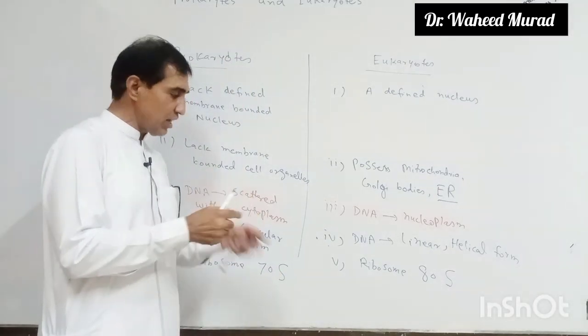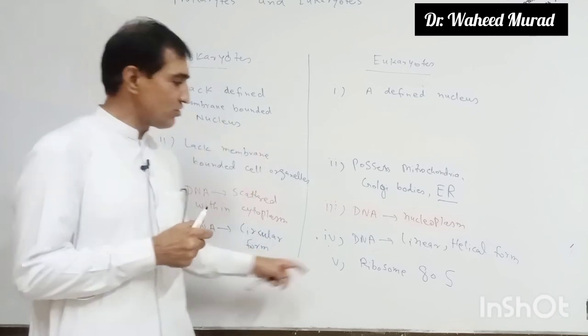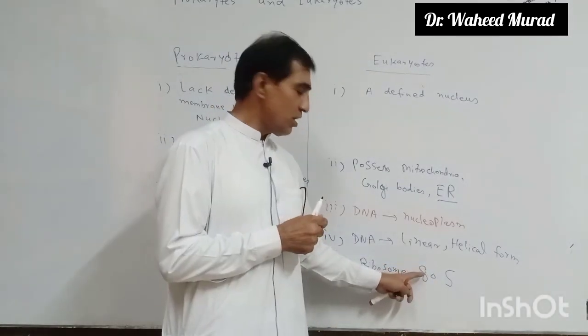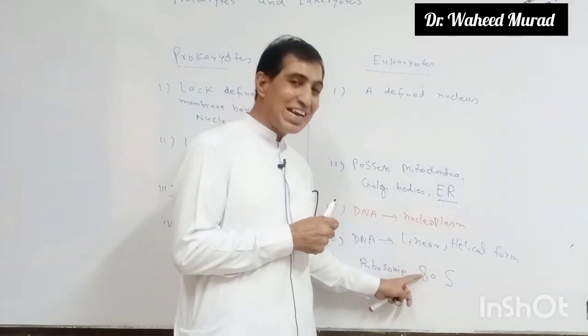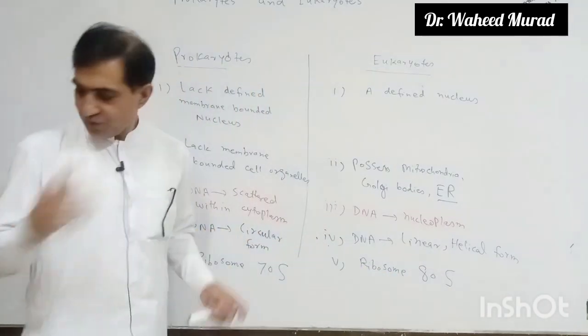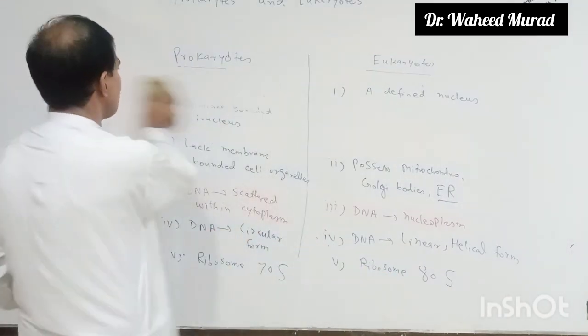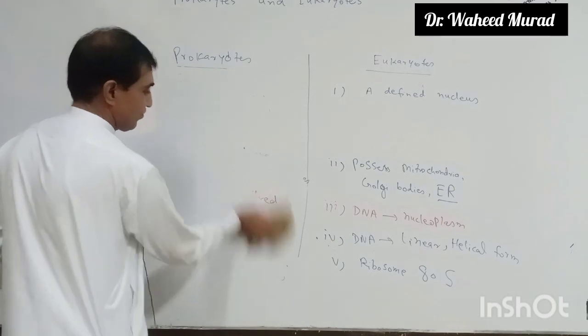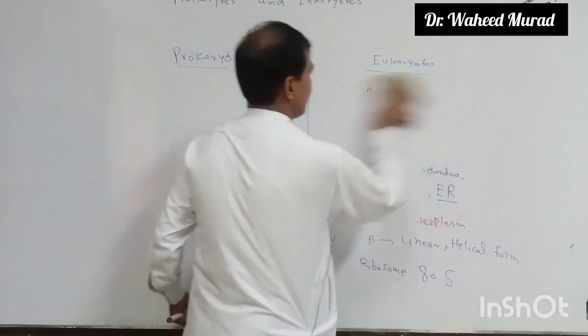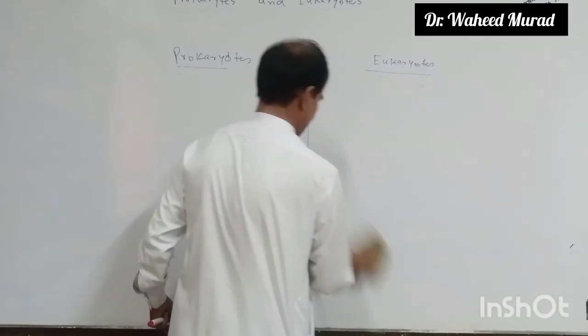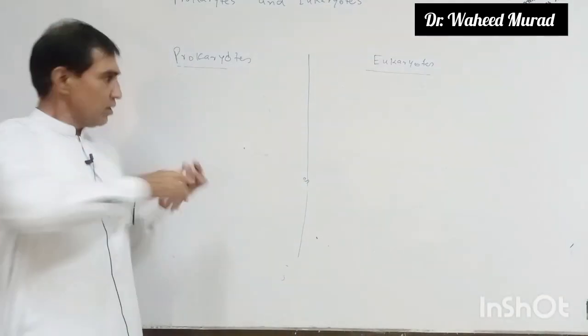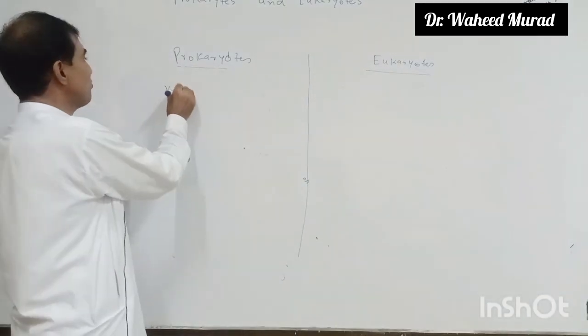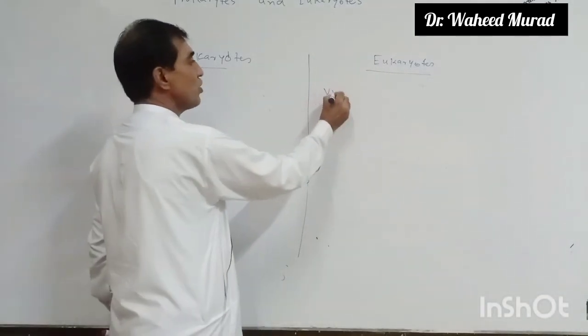It shows the centrifugation rate. Detail, inshallah, we will study in the next lecture. And here this S is 80. So the next difference between prokaryotic cells and eukaryotic cell is